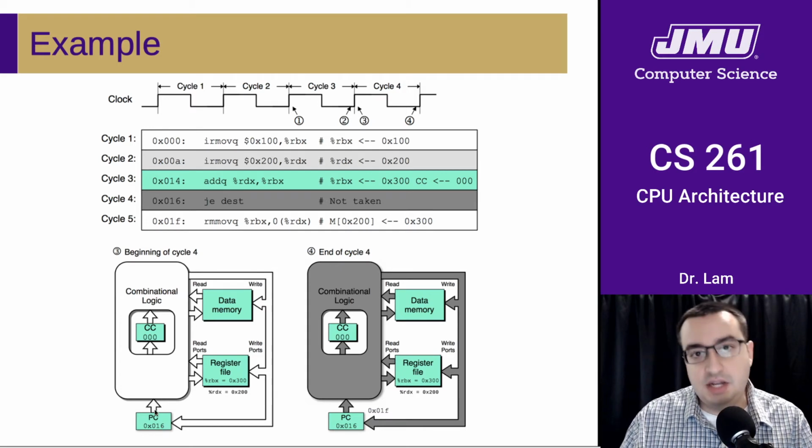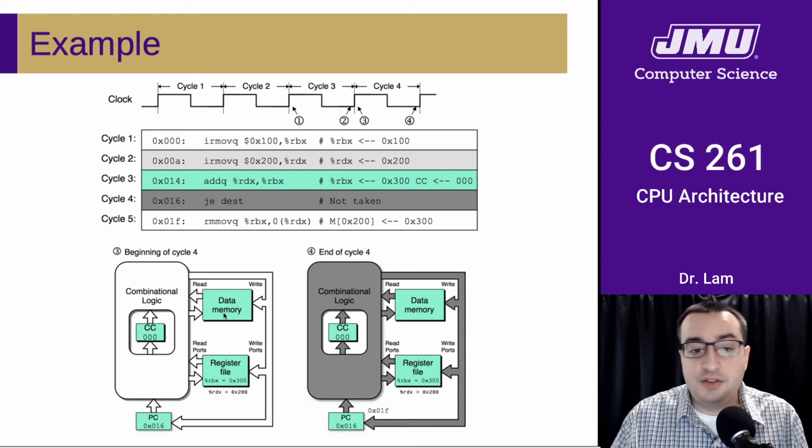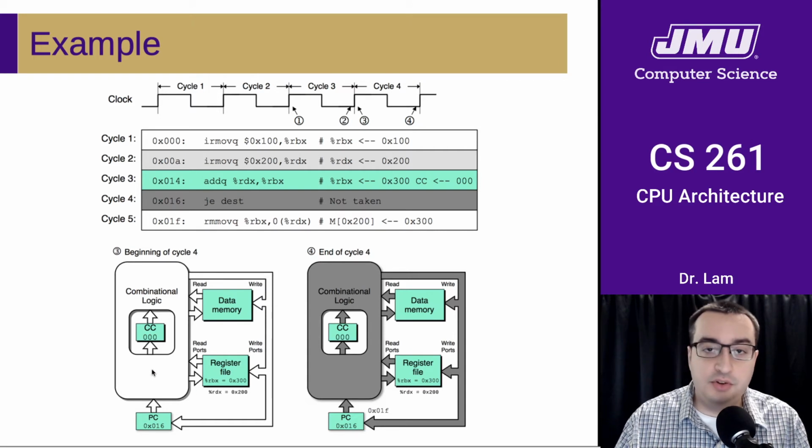And now we can begin the whole cycle again with all of the combinational logic updating for cycle 4 rather than cycle 3. And so that'll all happen. It takes a clock cycle to converge. And then when we get to the end, maybe we'll have some new values that need to be loaded in. In this case, we've calculated the new program counter value, so we've decided that we're not going to be taking this branch, and so we're just going to go ahead and execute the next instruction.